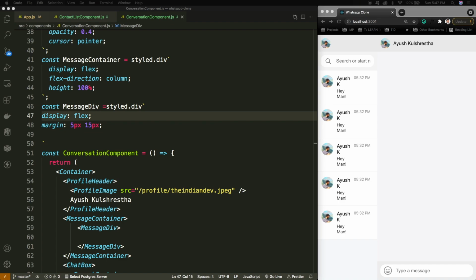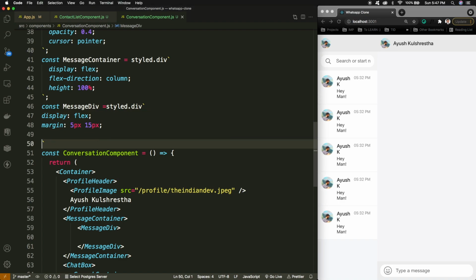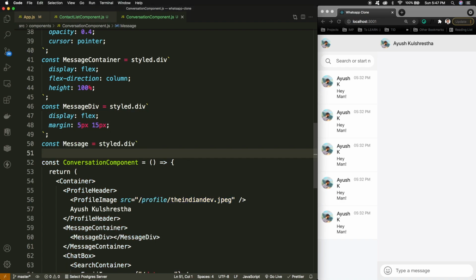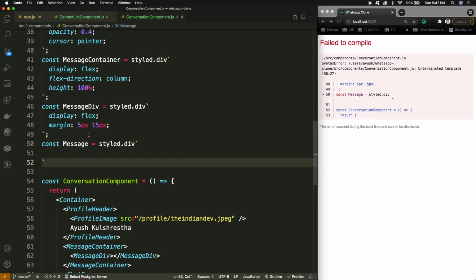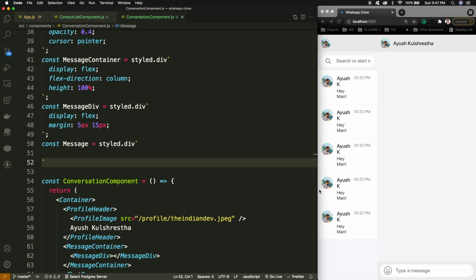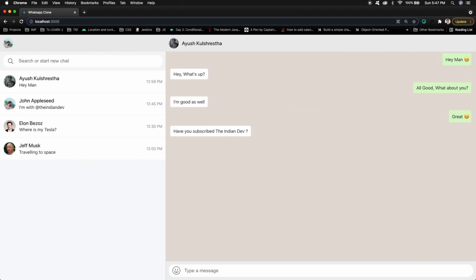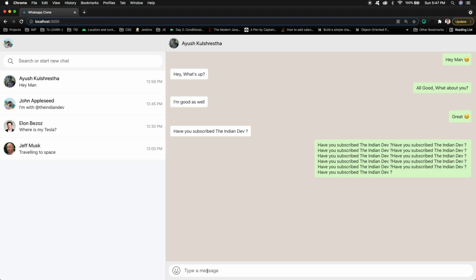Inside the message div we can have the messages, so I'll be defining the message, and this message is simply this particular div. Here you can see some sort of border radius, and if I'm writing the same thing again and again, and the message is a little bigger, then it should not exceed 50%.